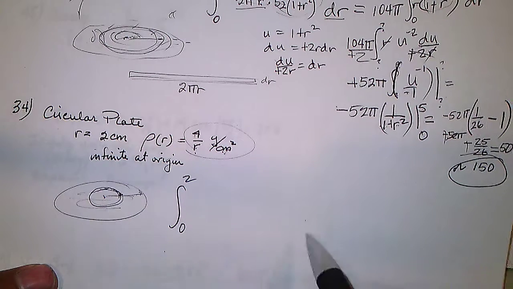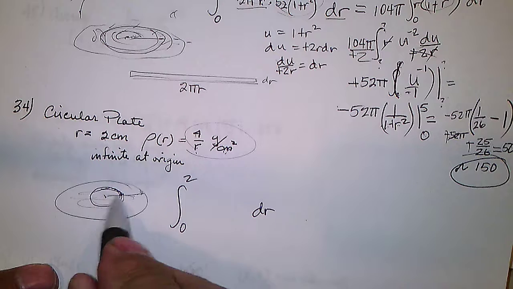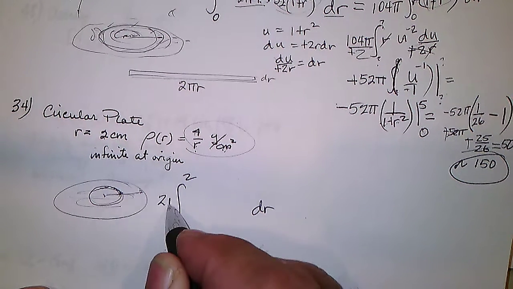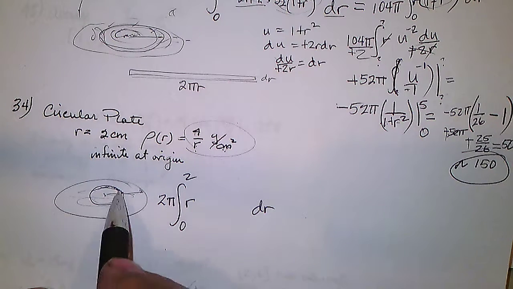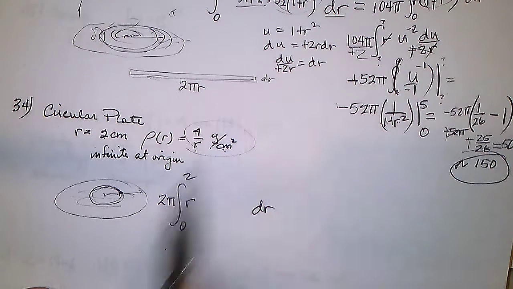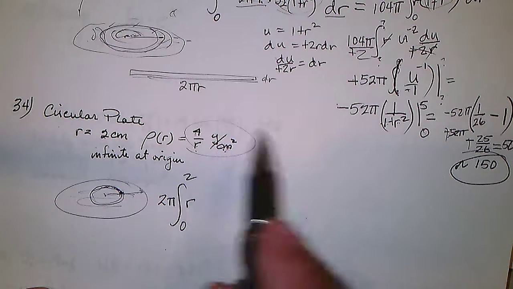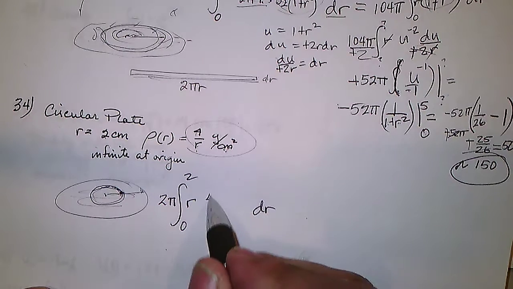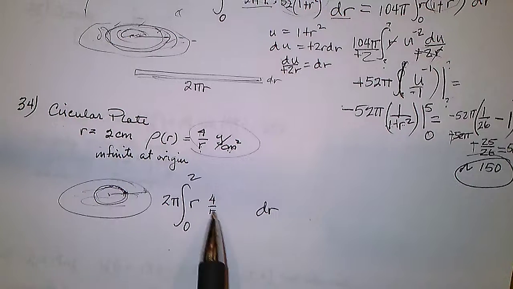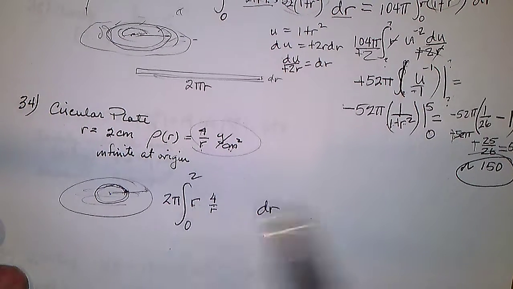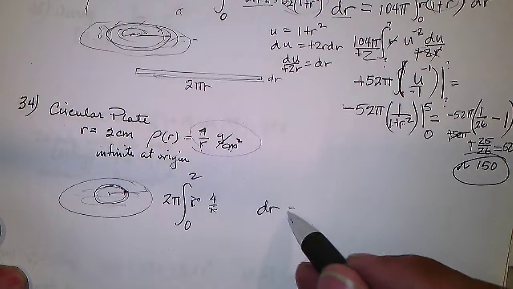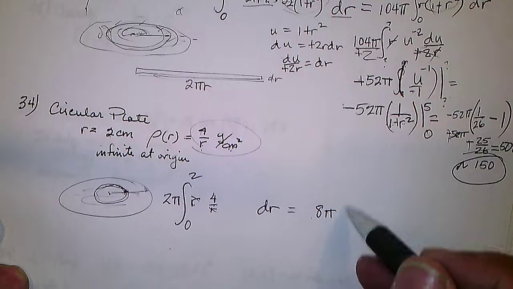The thickness of this ring is dr, some change in r, and it's 2 pi r is how far around times the height, dr times 2 pi r, that's the area of this ring, times the density of that ring, 4 over r grams per centimeter. So the density times that, and the r's cancel, the 4 comes out, and we have 8 pi